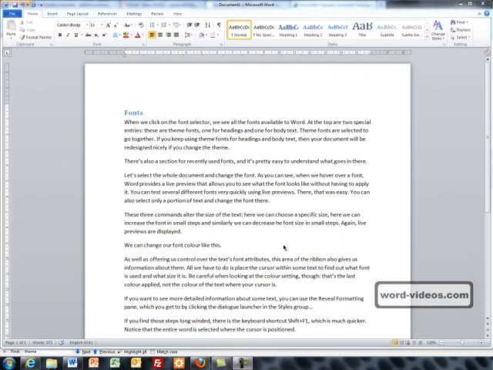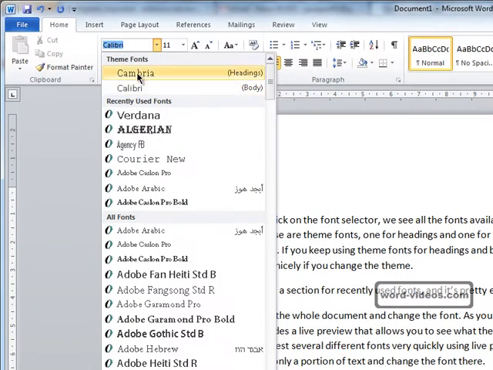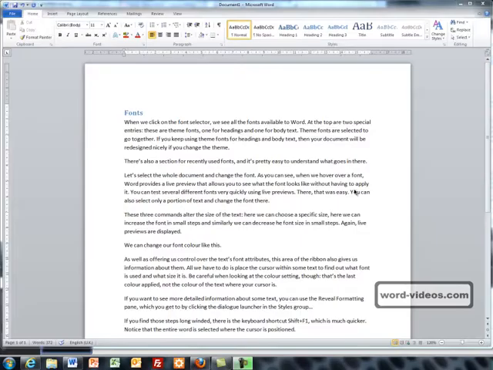When we click on the font selector, we see all the fonts available to Word. At the top are two special fonts. These are called theme fonts. One is for headings and the other one is for body text. Theme fonts are selected to go together well. If you keep using theme fonts for headings and body text, then your document will be redesigned nicely if you